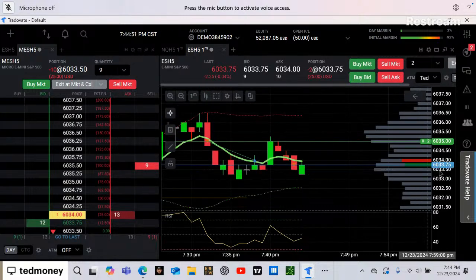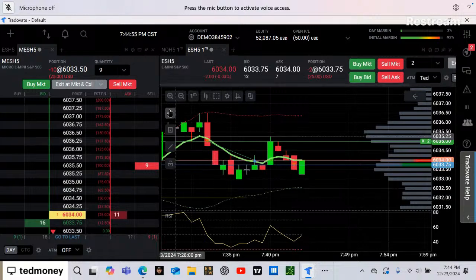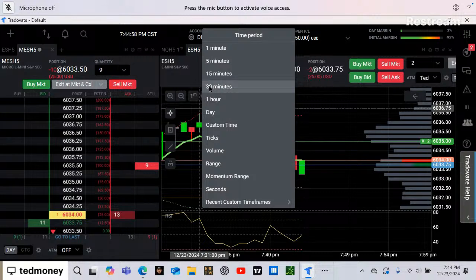But literally, this is kind of the gist of it. Now, you will have to learn how to chart. And charting is, I won't call it simple, but